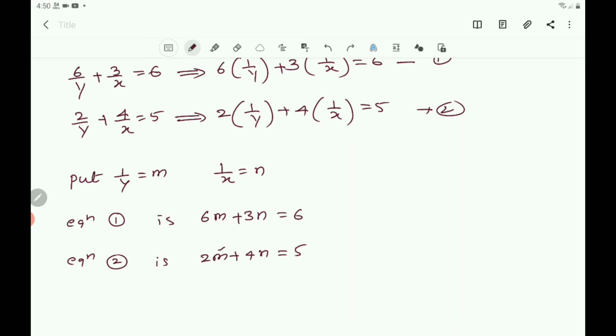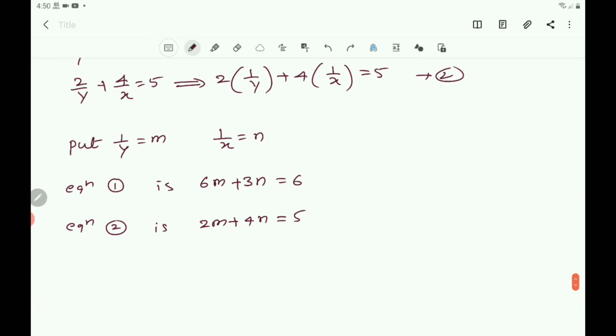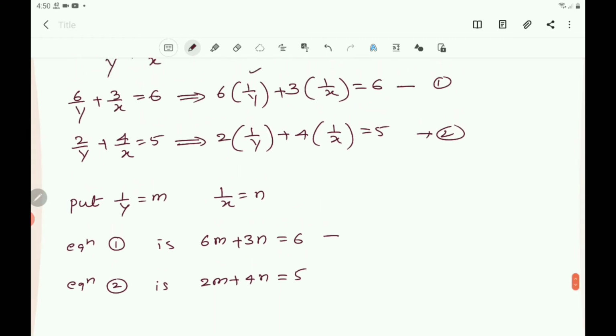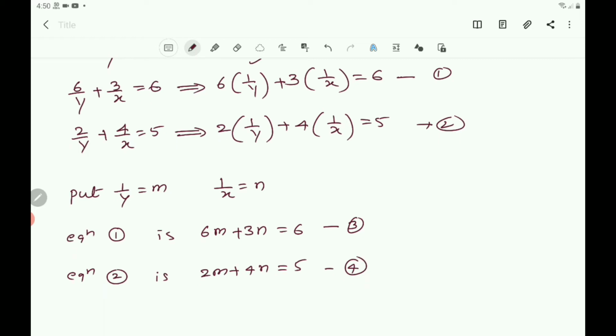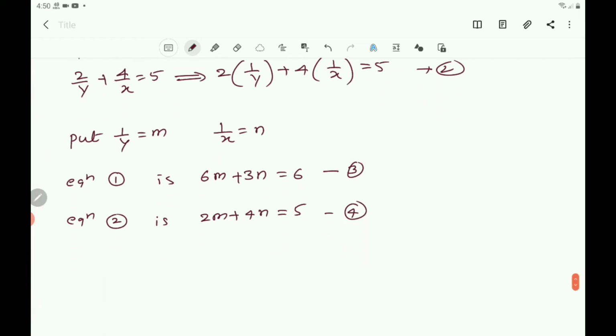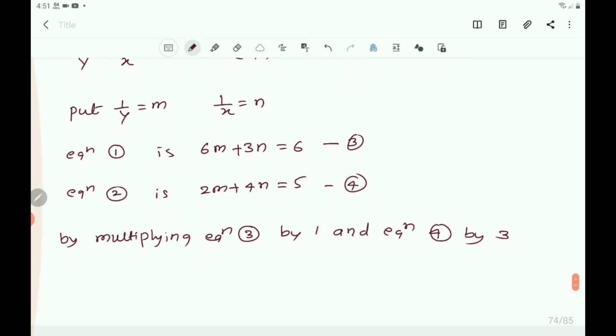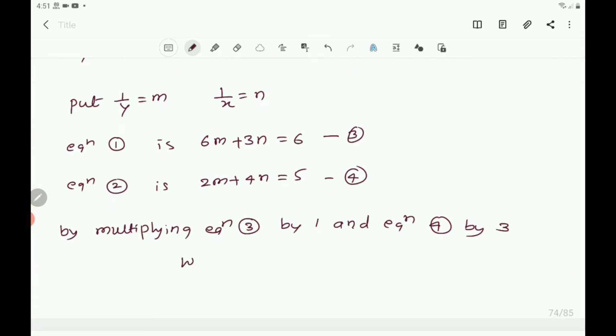Multiply the second equation by 3 and the first equation by 1 only, as it is having 6. So equation 1 is converted. By multiplying equation 3 by 1 and equation 4 by 3, we get: